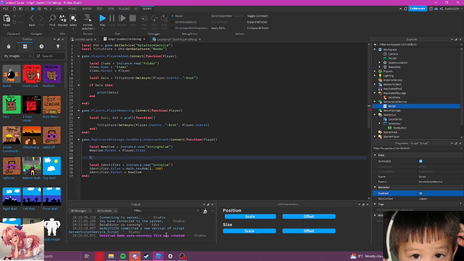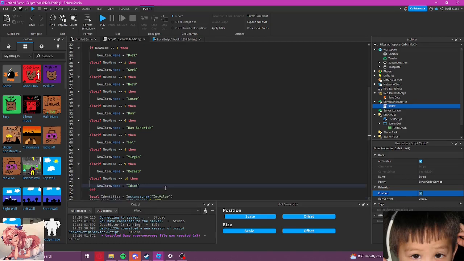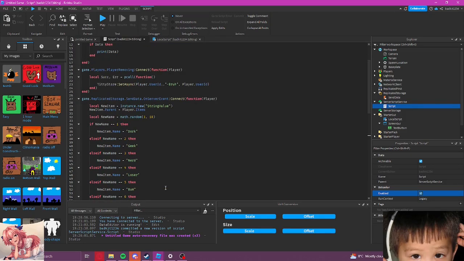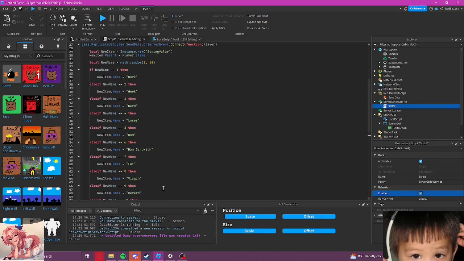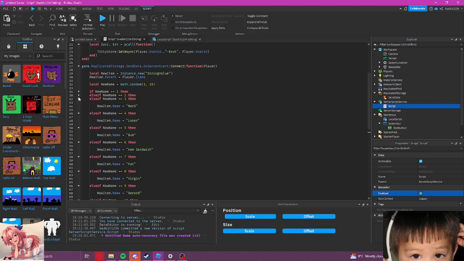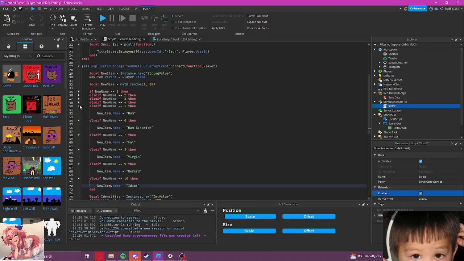We didn't need to give it a name though. That's the problem. So we're going to say local newName equals math.random, and we'll give it 1 to 10, and then we'll have 10 different values for names. I'm just going to cut to the point where I create 10 different values for it. Alright, so I have all my different else ifs. I'm 1000% sure that I could have done something better here. Regardless, we're going to close all these so that I don't have to look at them.